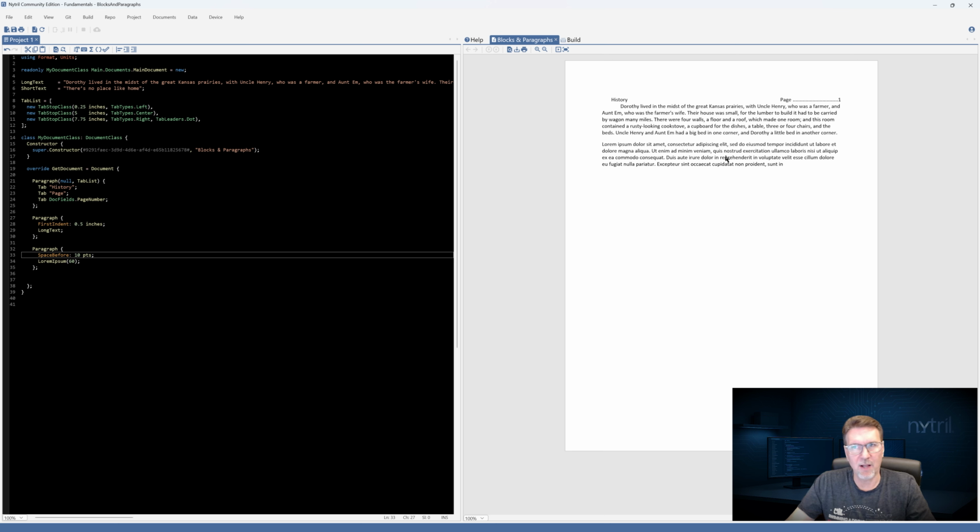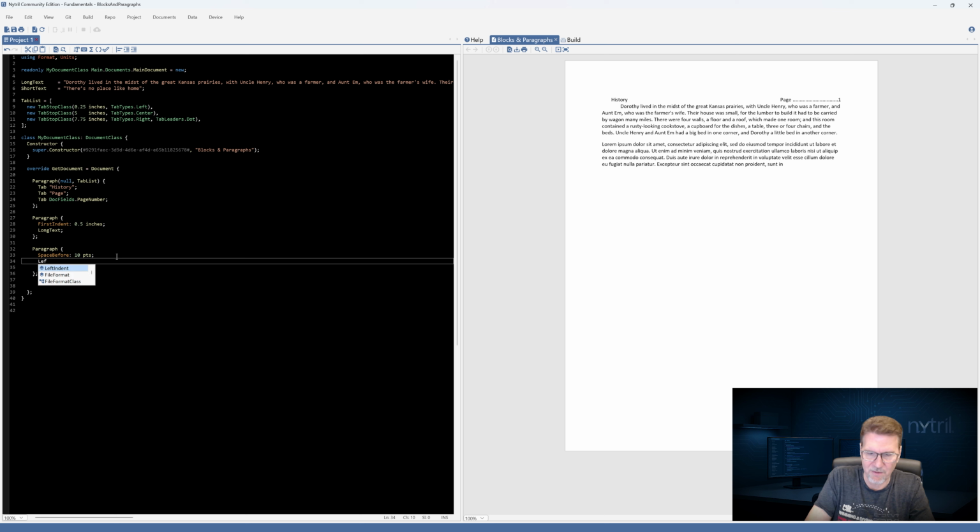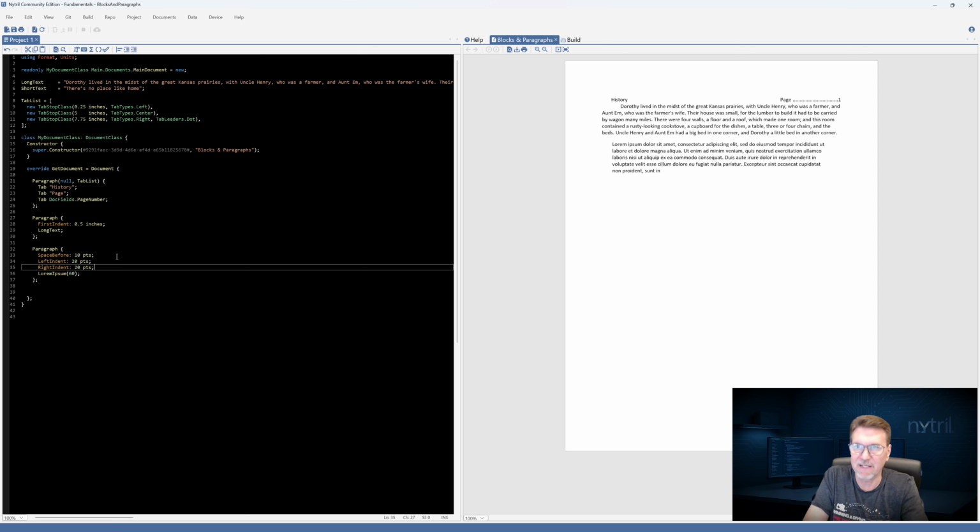And we're going to make a call out of this just to get some experience with formatting content. So we want to left indent and right indent this paragraph. So left indent, we're going to give it 20 points. And we're going to go right indent, and we're going to give it 20 points. And let's start by seeing how that works.